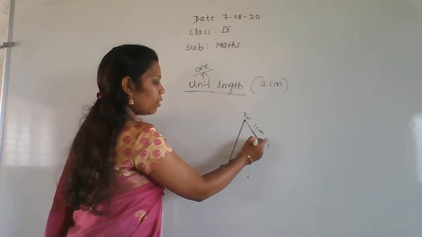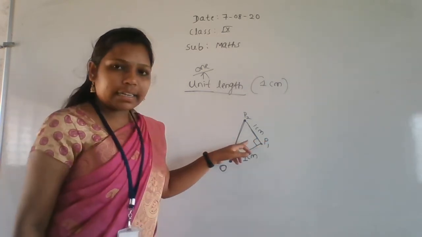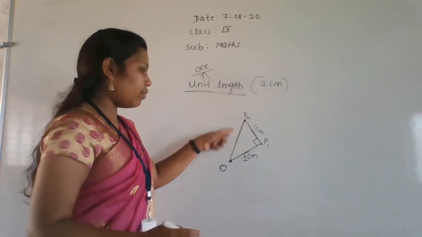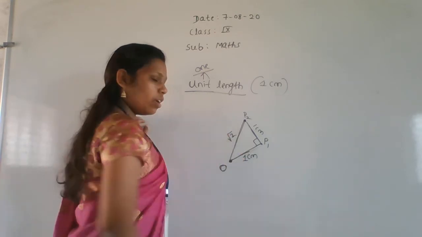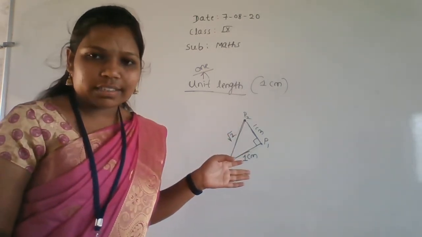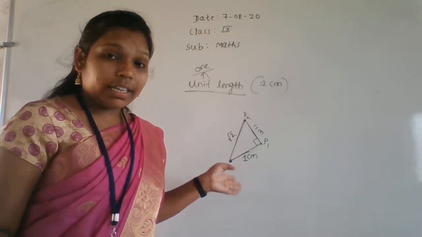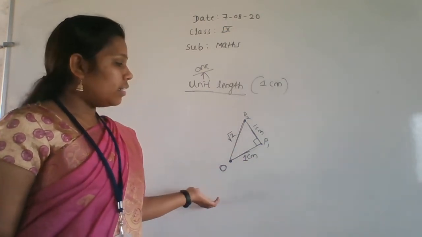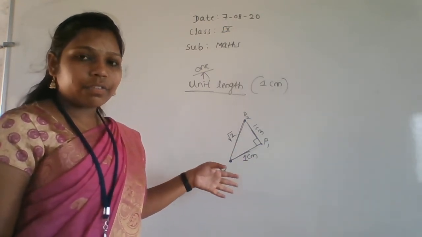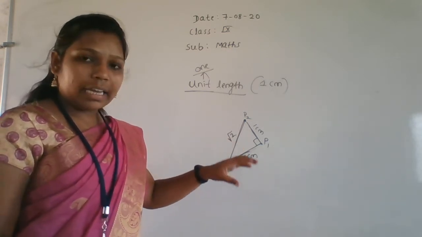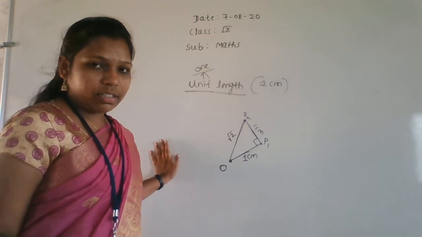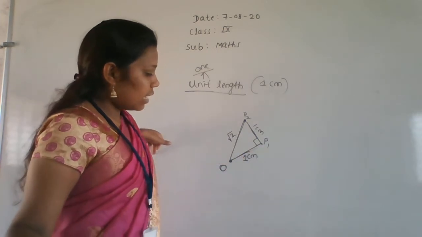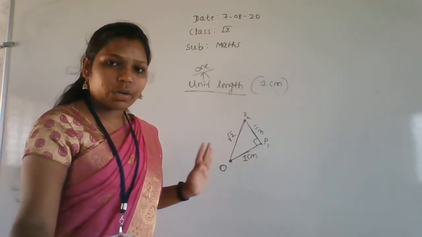See here, 1 centimeter and 1 centimeter, with a perpendicular angle of 90 degrees. For a right angle triangle, what theorem can we apply? Pythagoras theorem. So the value of this is root 2. It is nothing but a representation of an irrational number on the number line. Here we are not using a number line, instead we use a scale and compass. That is the only difference.